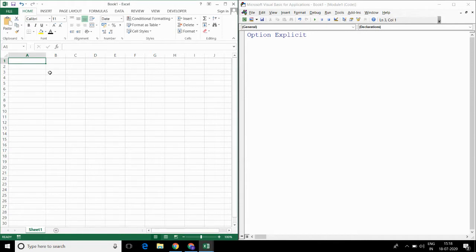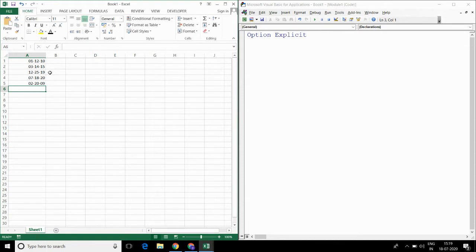Let me add a few dates in column A. Now I want to compare this list of dates with today's date, and if it matches with today's date then